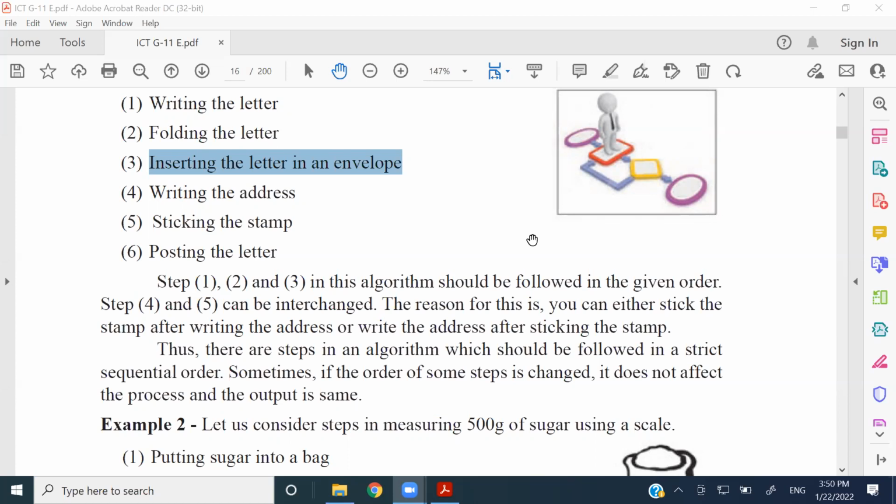Right? Is that clear, Sandu? Okay, right. So